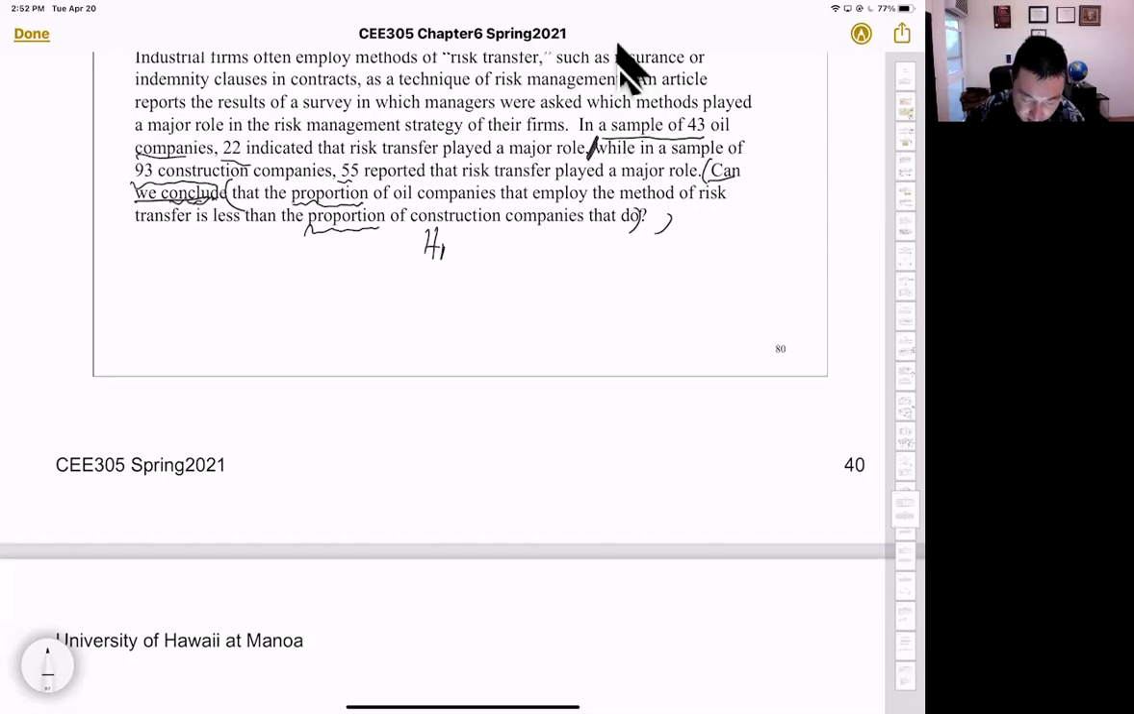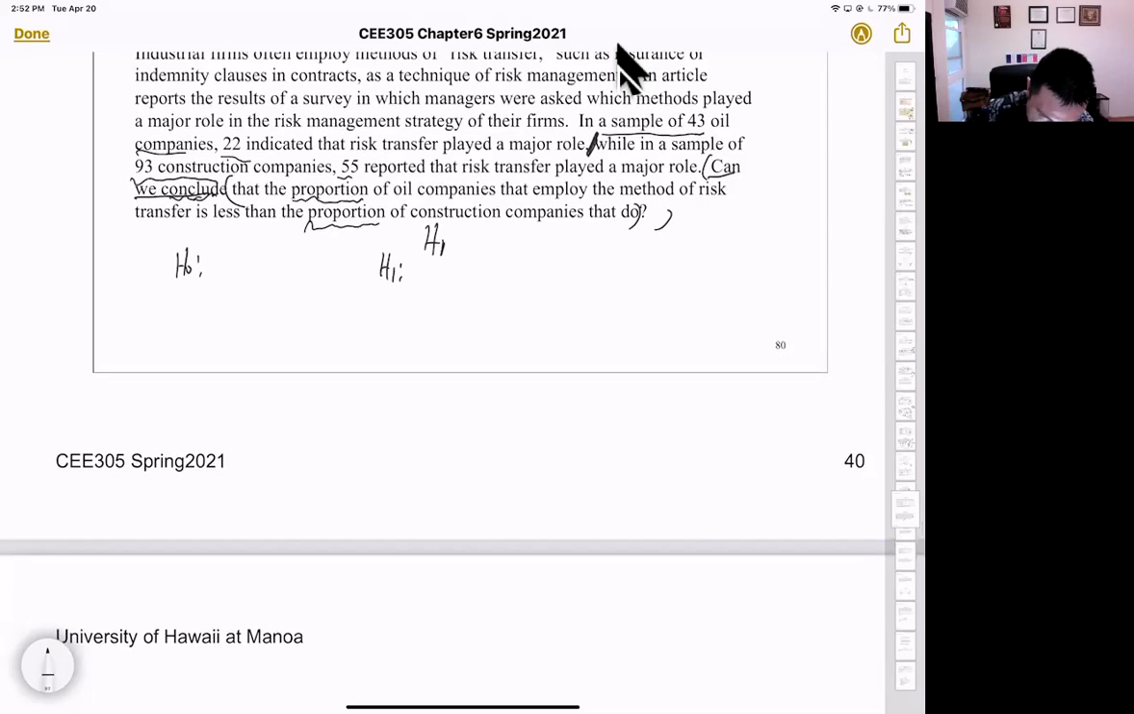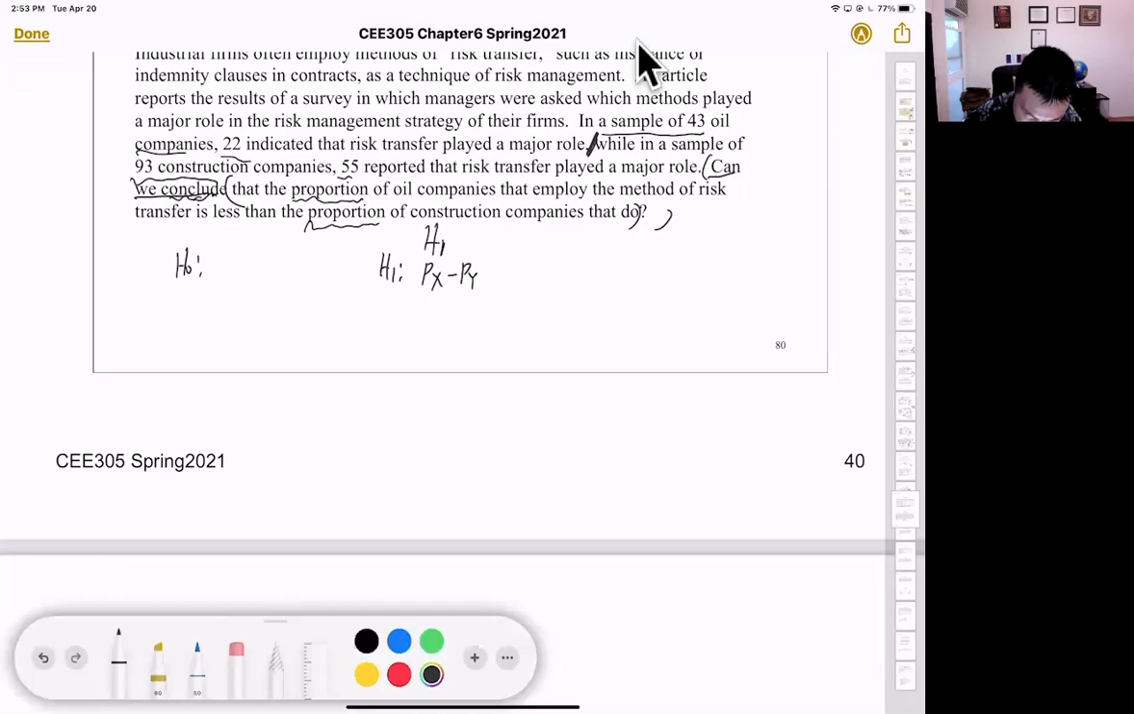All right, so set up H0 and H1. The proportion of oil companies employing a method of risk transfer is less than the proportion of construction companies. So that will be H1. So H1 will be Px minus Py larger than or equal to 0, oh sorry, that's not H1. H1 will be Px minus Py